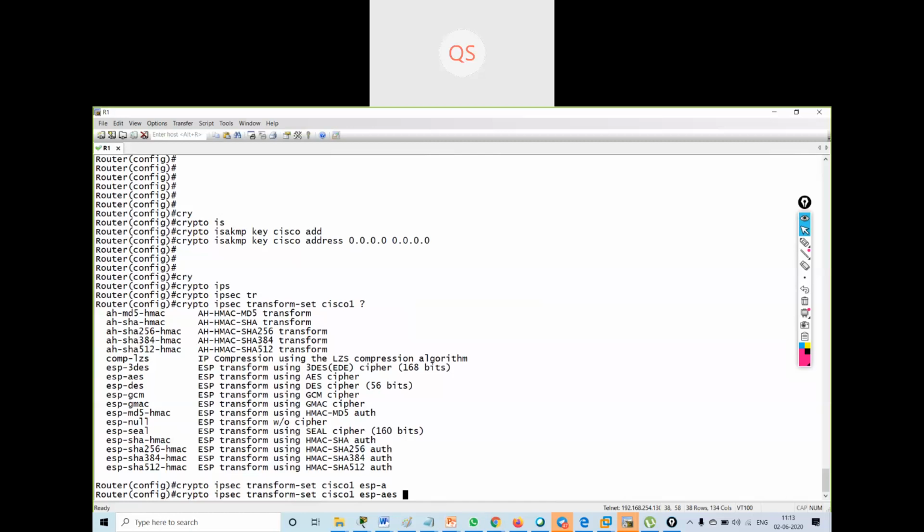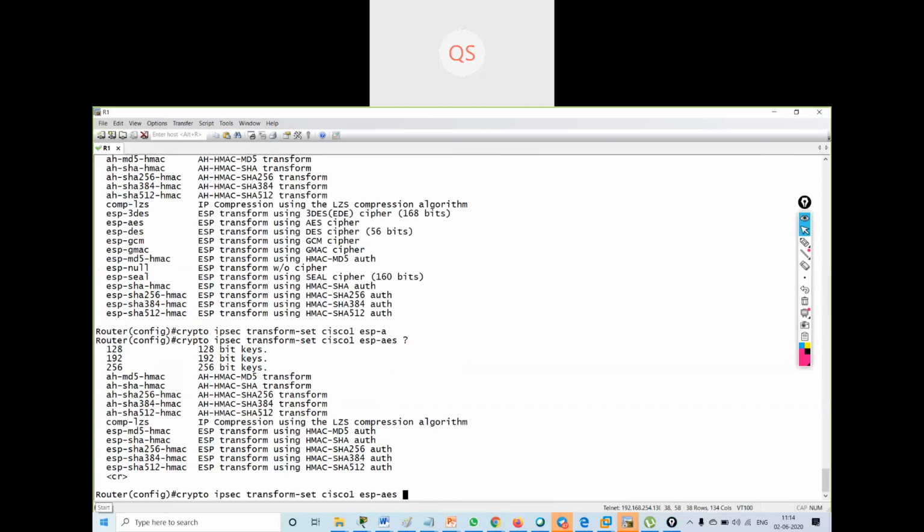What is ESP? I've explained to you what is ESP when I was explaining the modes: encapsulating security payload. Which security payload will be used? So I will be using AES encryption. Then what will be the algorithm that you will be using?